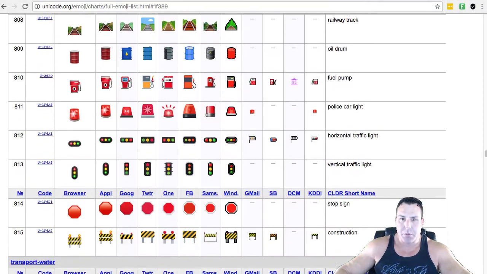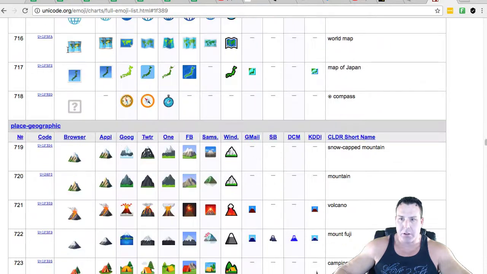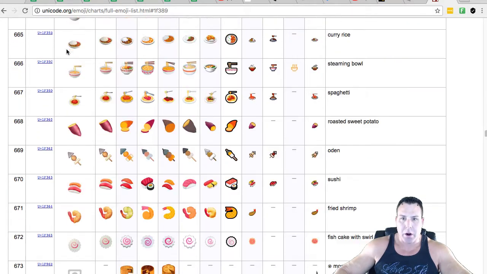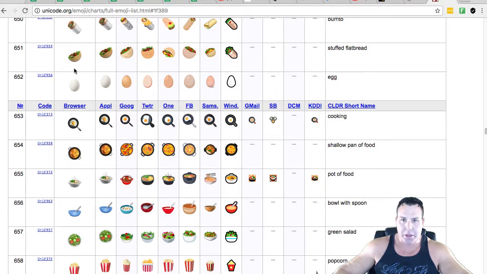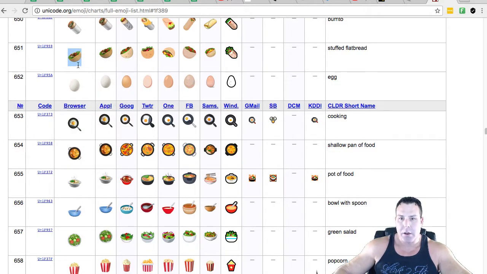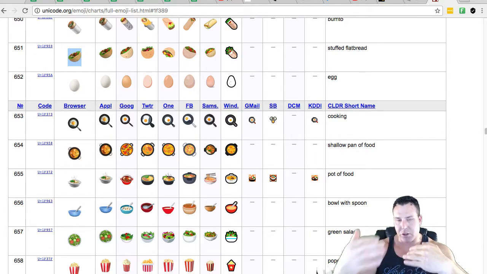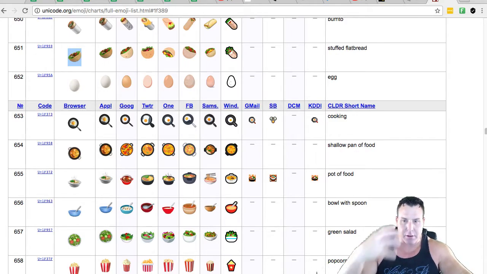It's called unicode.org. I'll put a link to this below, but here's all your emojis, okay? So what you want to do is go to the first emoji here. Here's an example of, looks like some kind of stuffed flatbread. So you're just going to do a copy on that, okay? So you're going to copy that, so you basically got the code. The emojis, visually, they look good, but behind the scenes it's actually code that the computer can recognize and put out